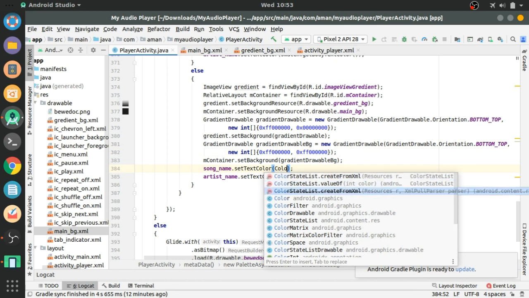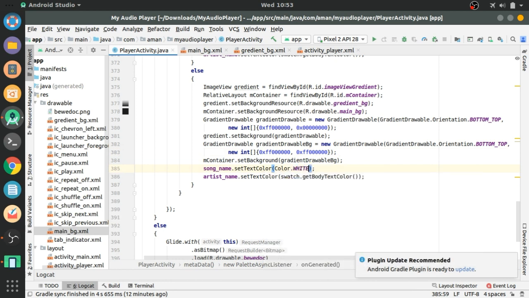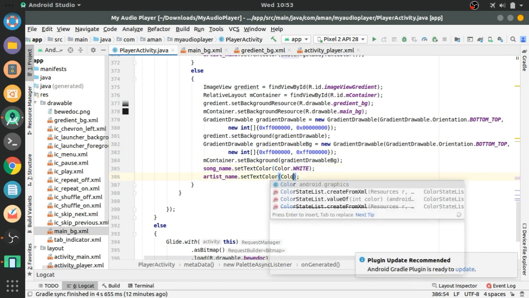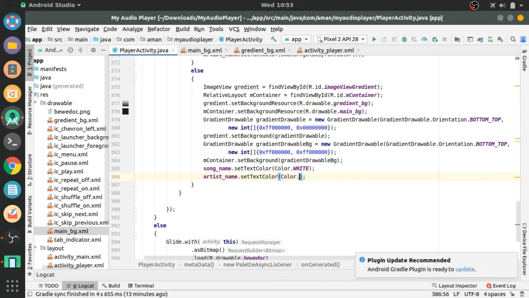Change it to Color.WHITE, and this to Color.DKGRAY.